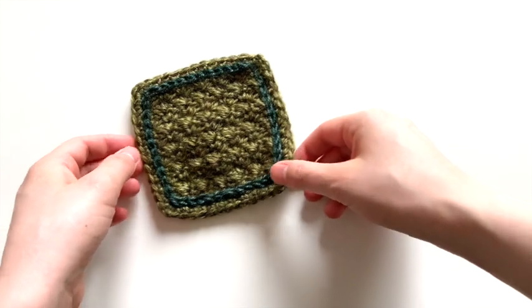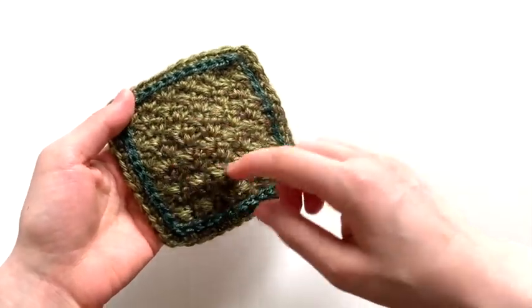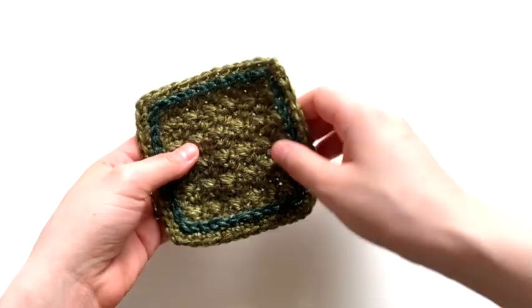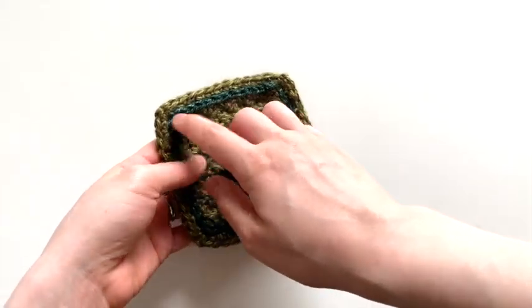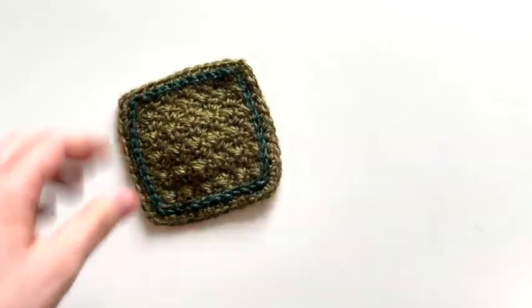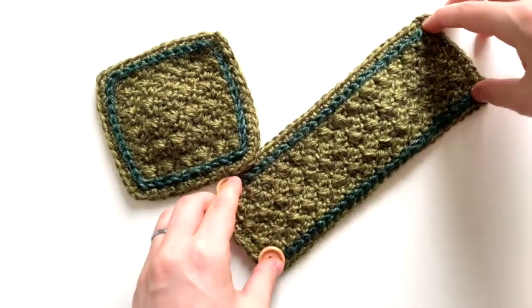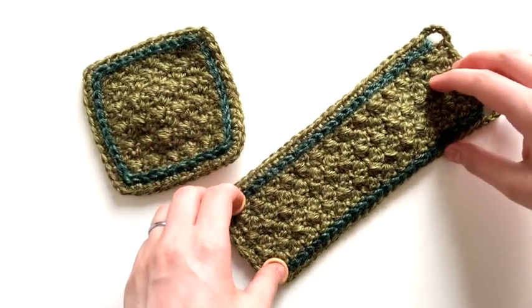This video tutorial is for this cute little cup coaster. It features the Suzette stitch, which offers lovely texture, and also a surface slip stitch border to give it some nice added detail. It also goes along with the matching cup cozy right here,